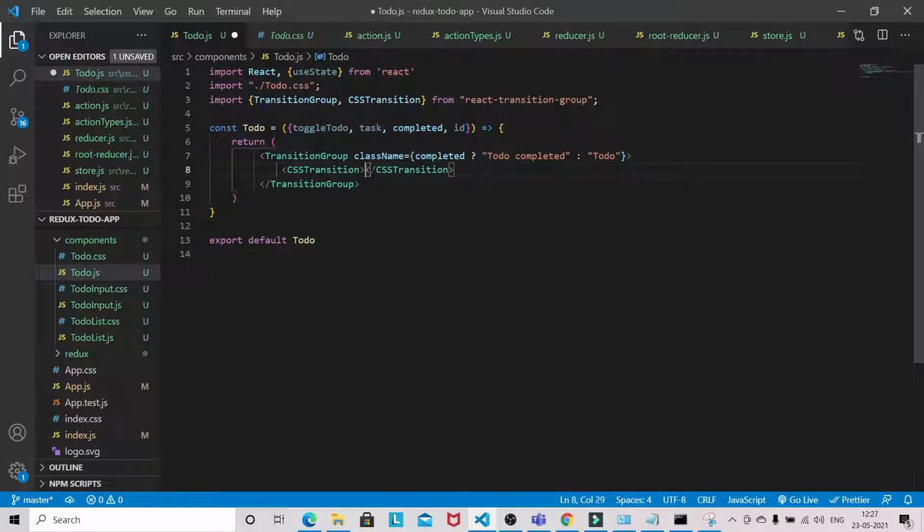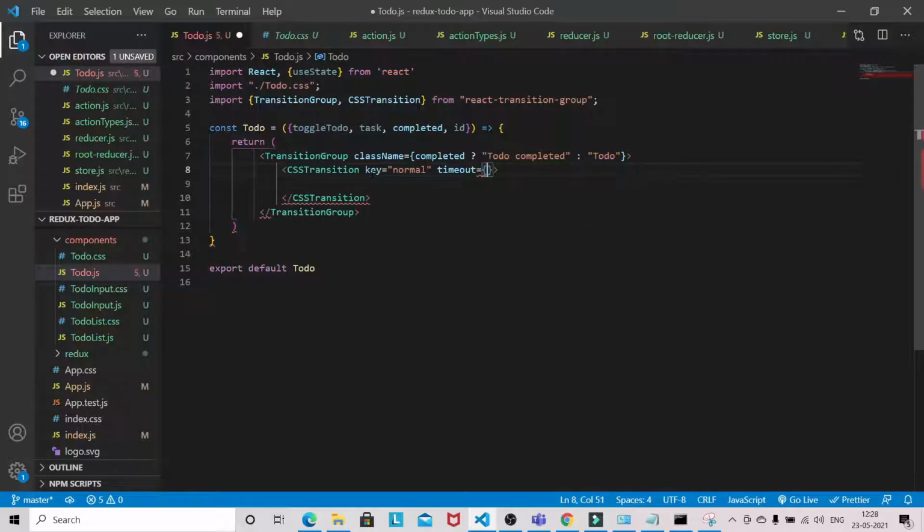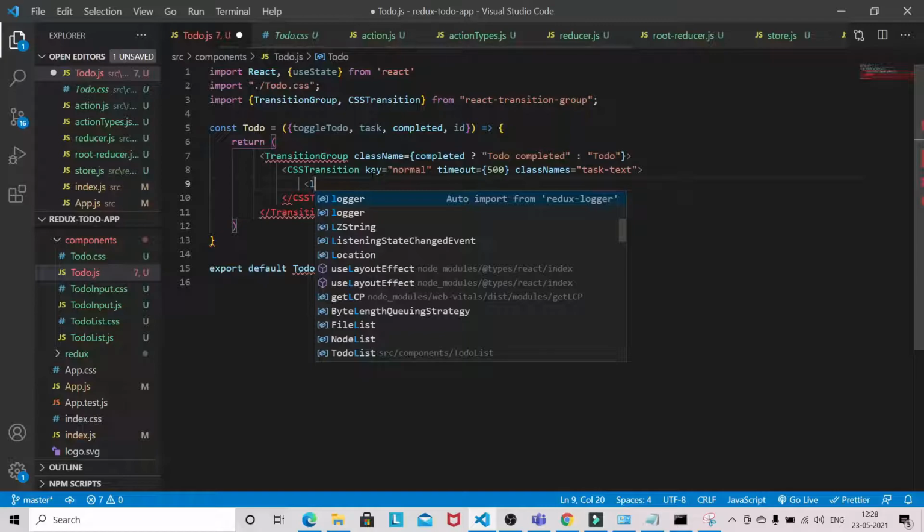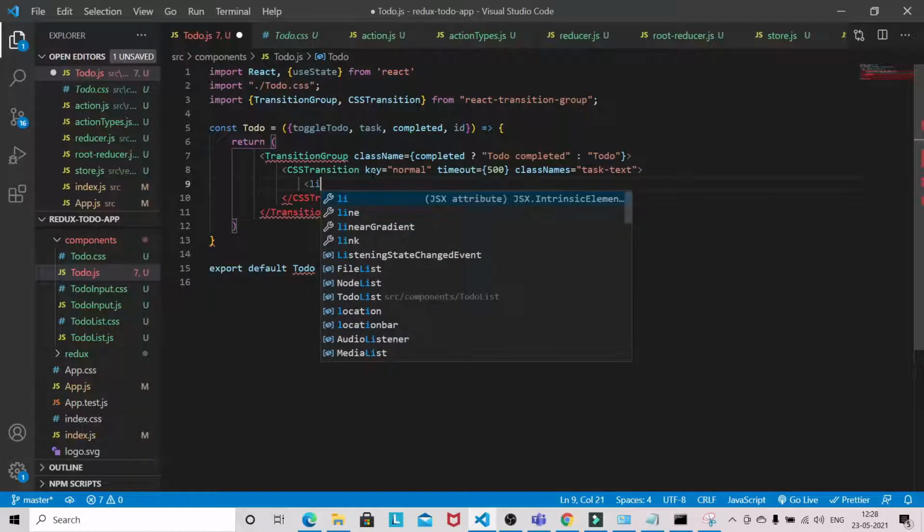Now come to CSS transition, key, normal, timeout. This is just for using the animation. Task, then we will be having a list item.